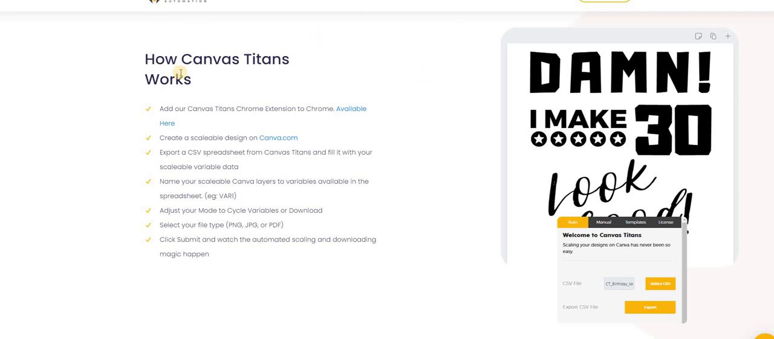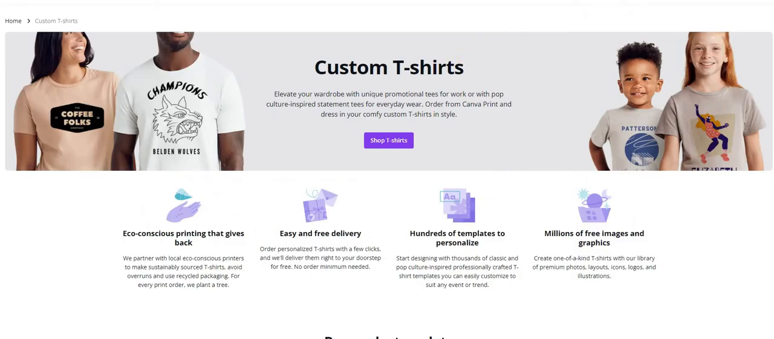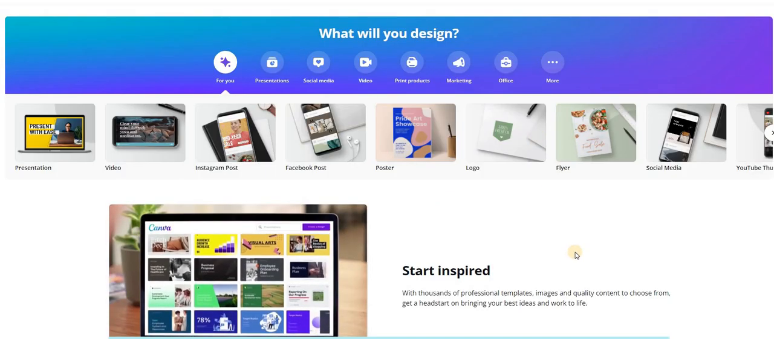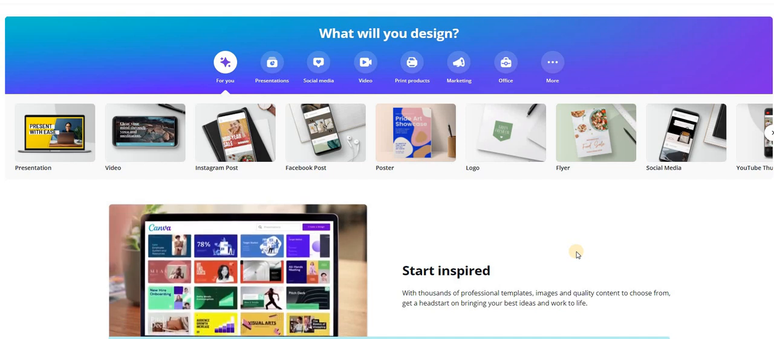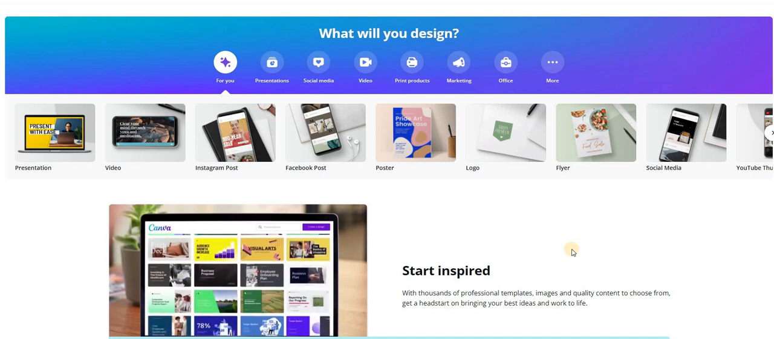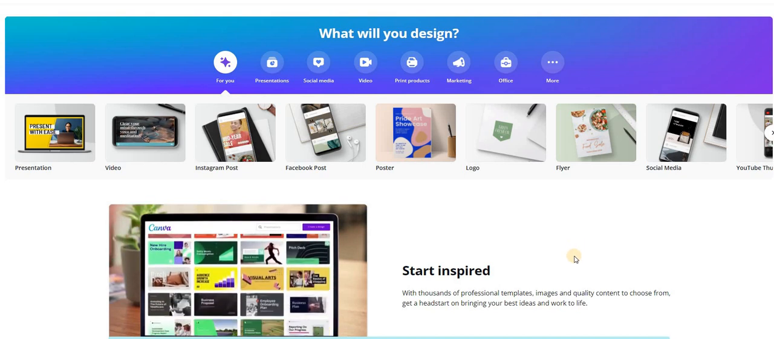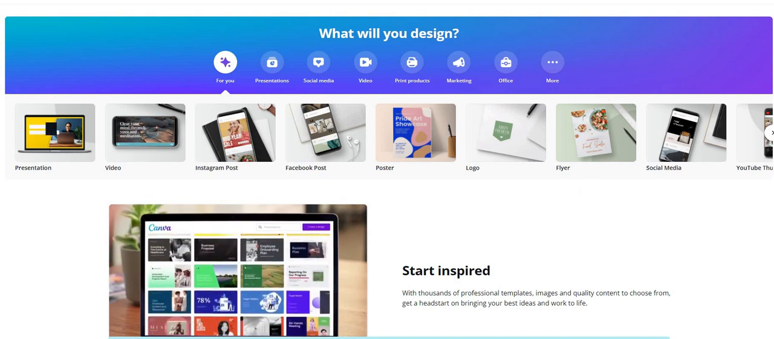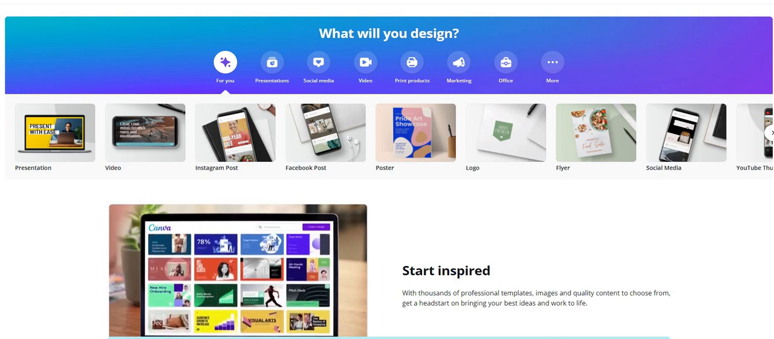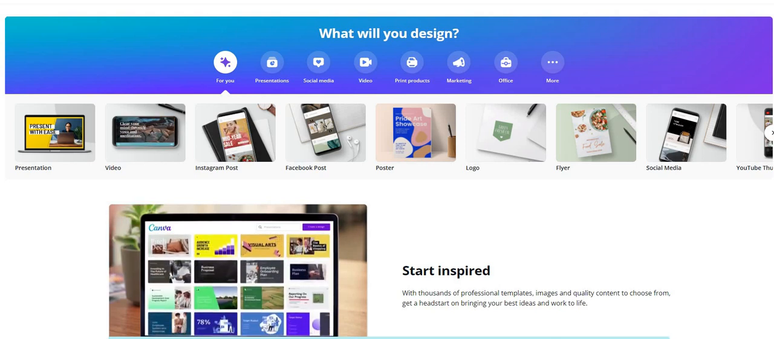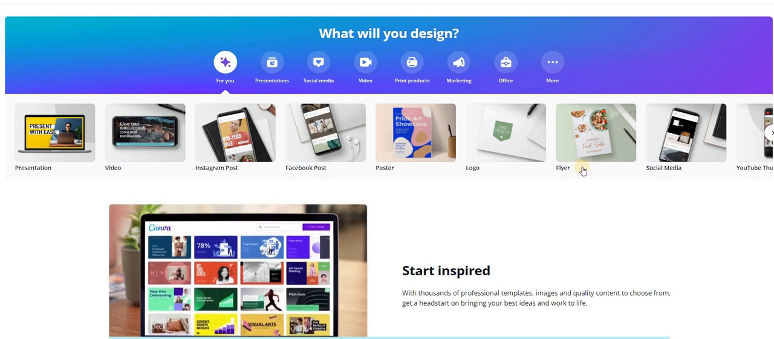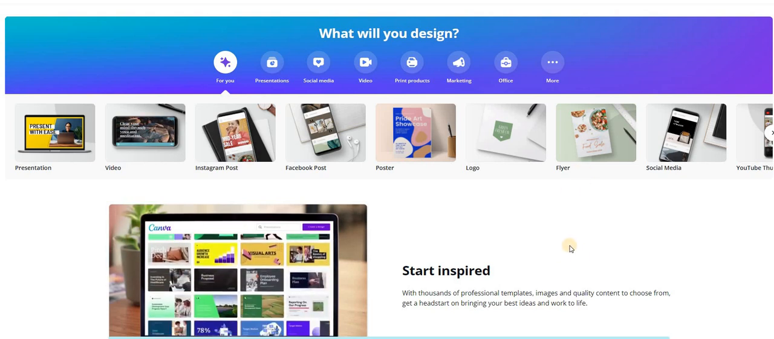So if I'm talking about Canvas Titans, because again this is another automation tool, then I want to talk about Canva.com, and this is a design platform. If you guys are not familiar with this, I'd say check it out, because you have a free version. I currently have a pro version. I think it's about $10 or $15 a month. I'm not exactly sure. And the reason I have it is because I use the Canvas Titans automation tool,